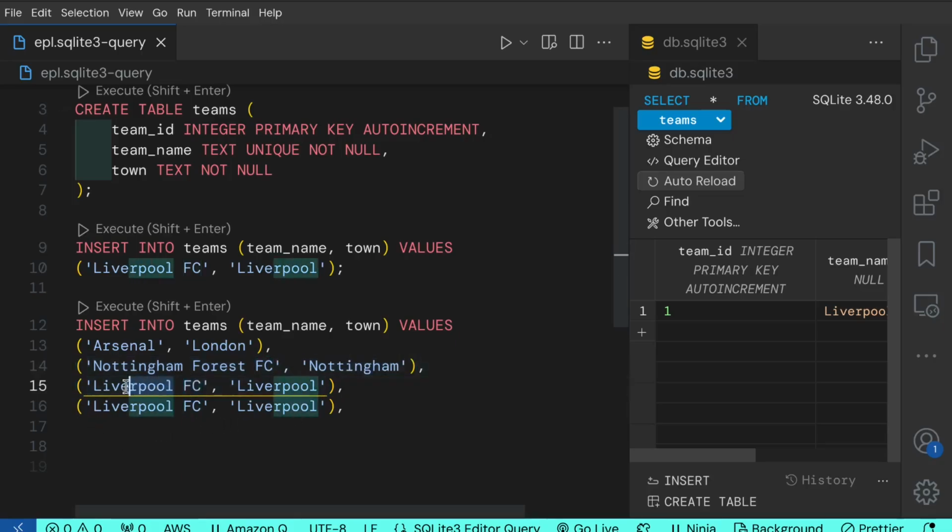Okay, I'll keep them short, so add Newcastle, and Newcastle is in, I think, Newcastle also. And okay, we'll wrap up with Chelsea, and then we'll see that I think Chelsea is in London. Okay, so this is how we can insert very many values, and we can put a semicolon here to end